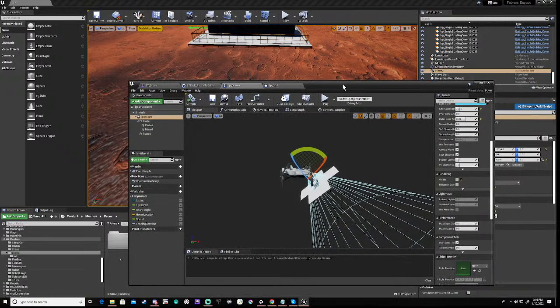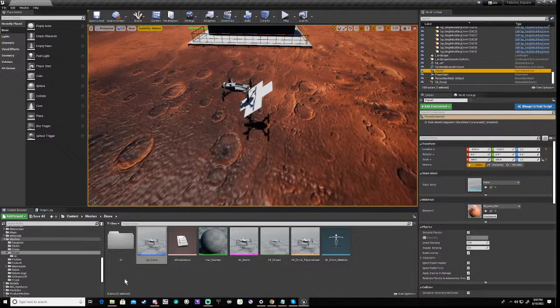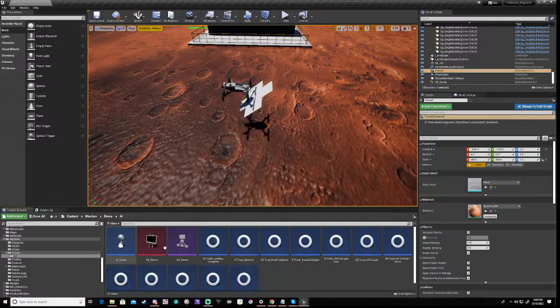So what we're going to do is set this to visible when we start scanning, okay? So if we go back to our AI and we drop to scan,